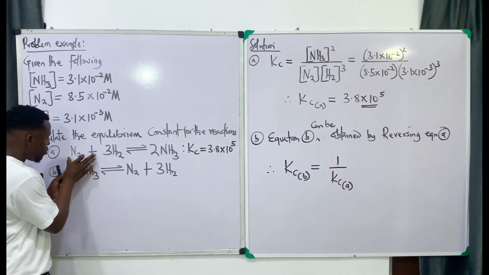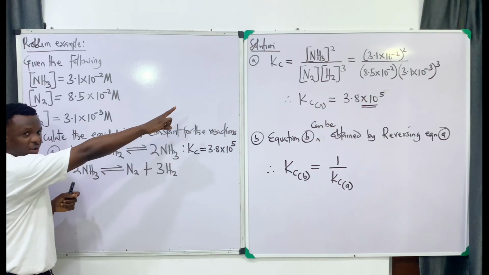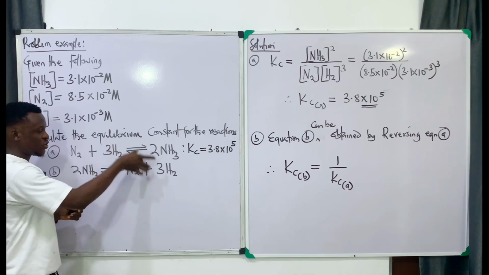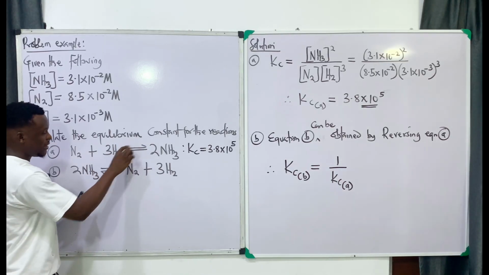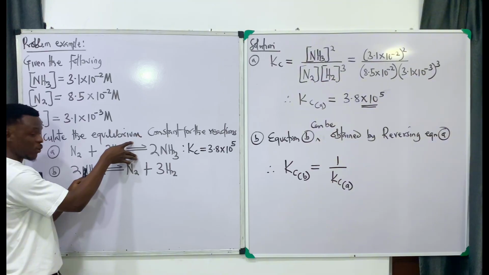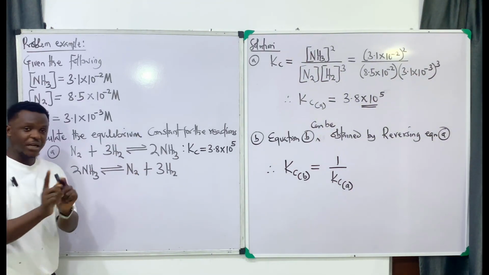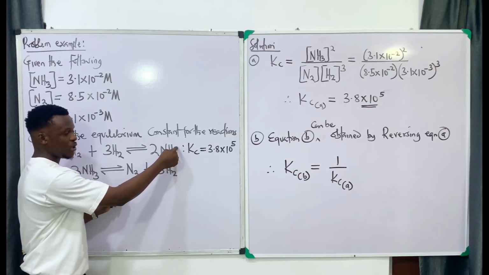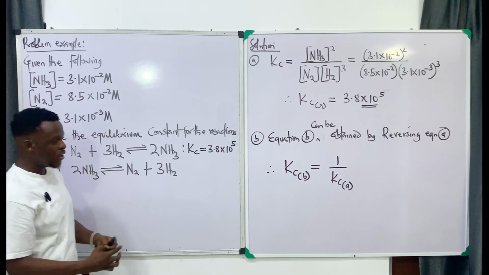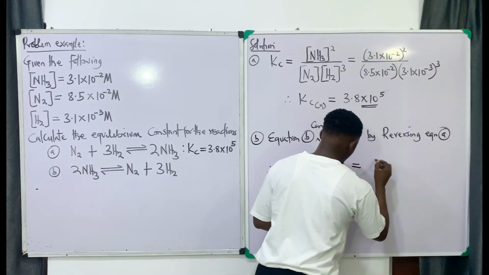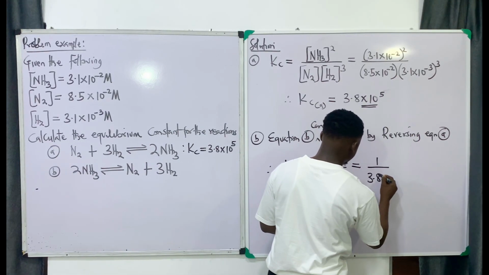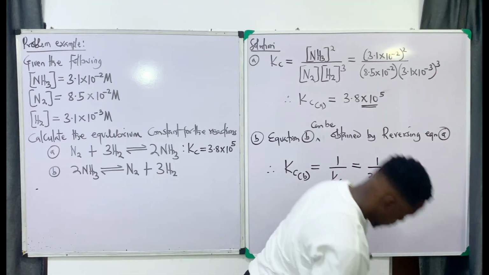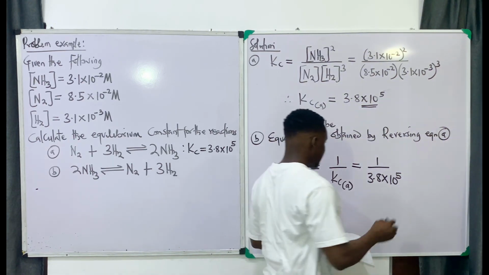We've known KcA by virtue of carrying out that calculation, and once you know the equilibrium constant of a reaction, you can use it to solve for that of the second. So this becomes 1 over 3.8 times 10 raised to the power of 5, and this is equal to